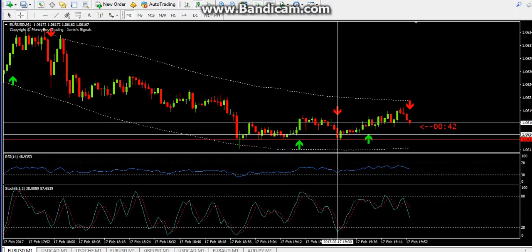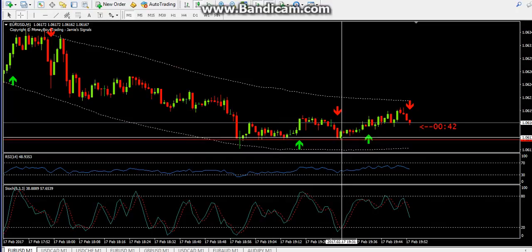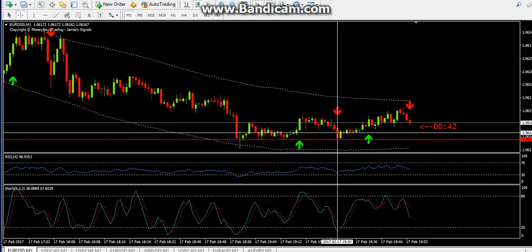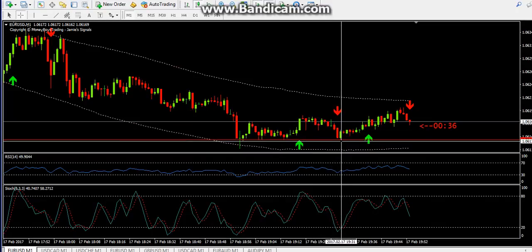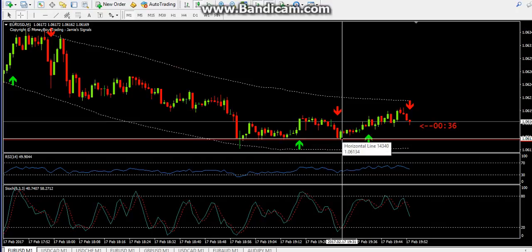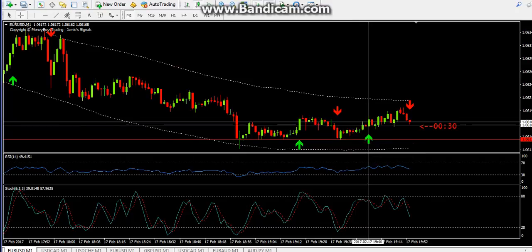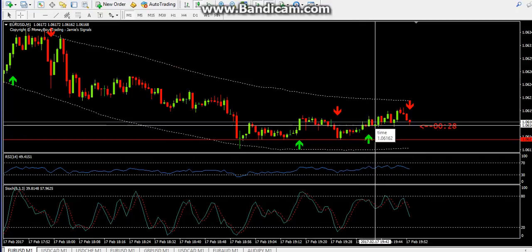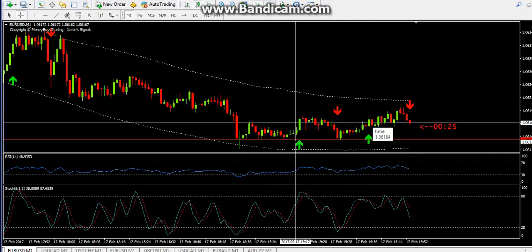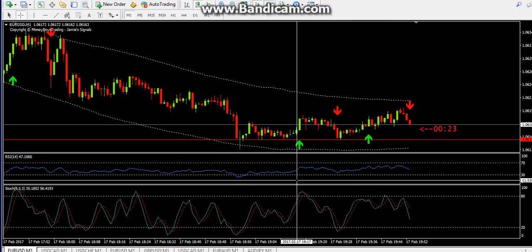Then this arrow here signifies, okay, we're back down into a downtrend, but the price has reversed here, which is a higher low. So I know this arrow here is the second leg of a W. It's not a perfect example of a W,